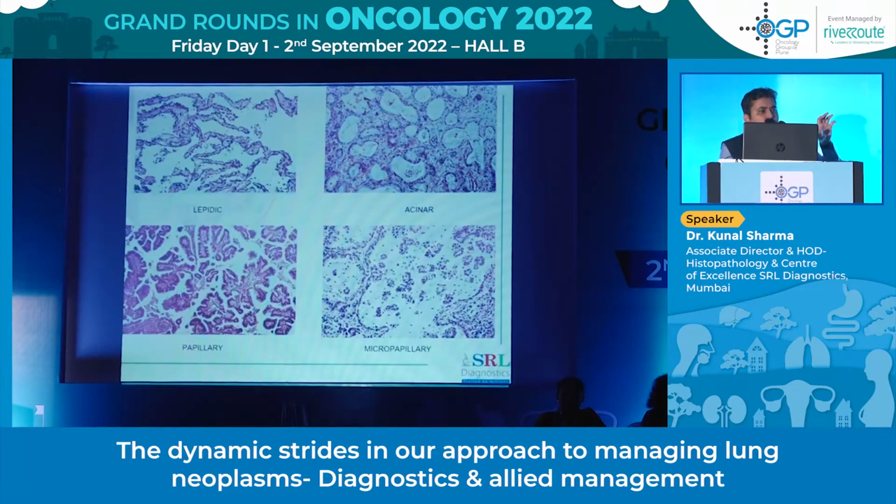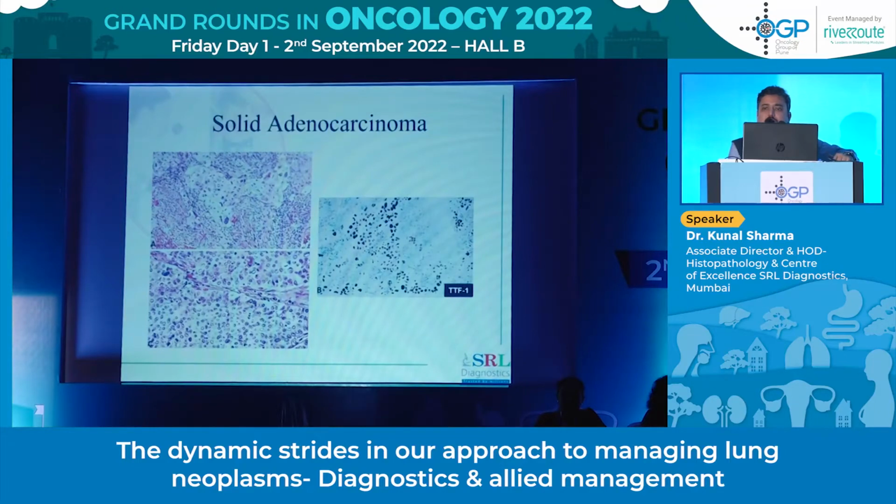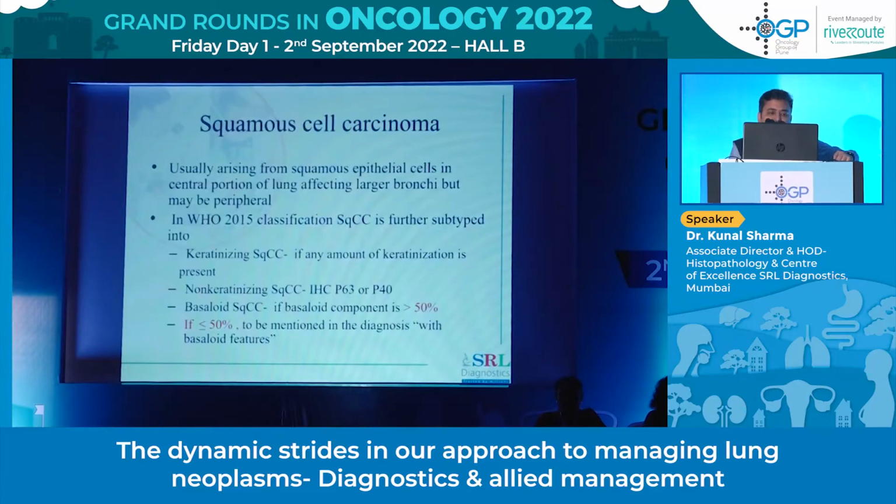Broadly, when we talk about adenocarcinomas, morphologically they are divided into 5 subtypes: lepidic, acinar, papillary, micropapillary, and solid adenocarcinomas. It's important to know these subtypes and document them in your reports because these subtypes have different prognosis. Solid adenocarcinomas are most commonly confused with squamous cell carcinomas, non-keratinizing ones. So these are the ones in which we most frequently put our immunos.